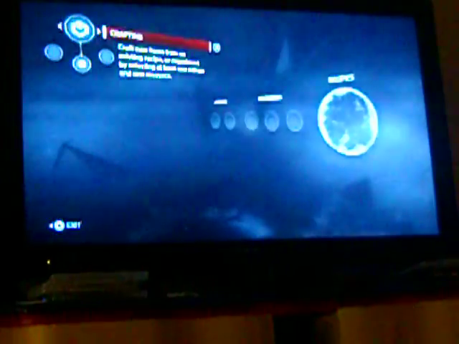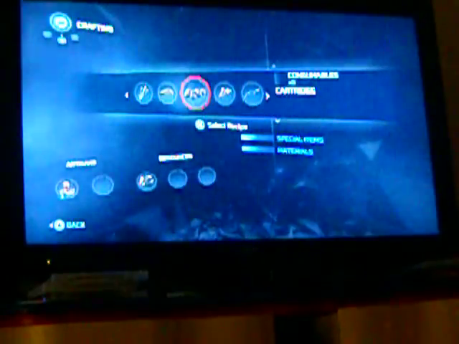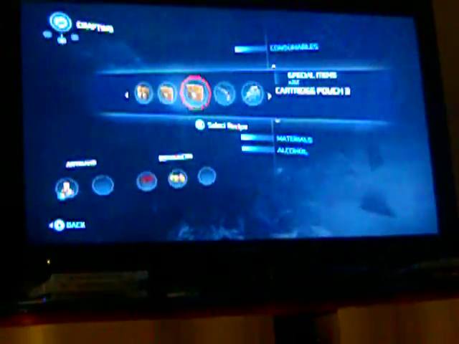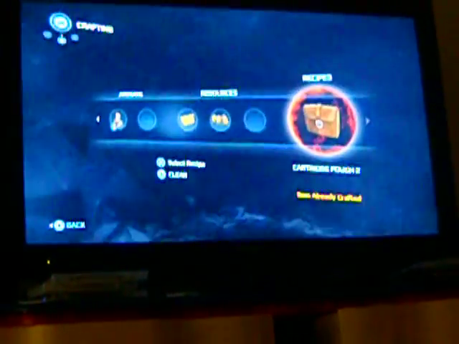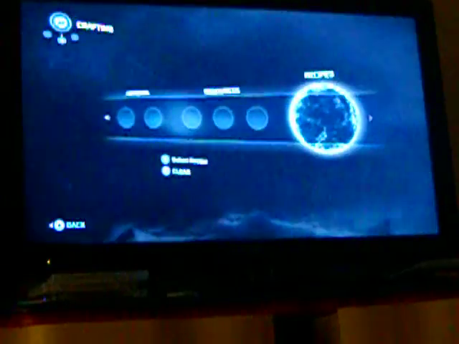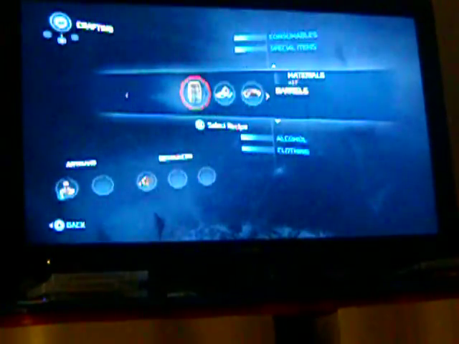Once you unlock all these by doing the manor things, you can get more supplies for things like bait, cartridges, weapons. You can also get a cartridge pouch, more pouches. I've already built them all. You can get the French coat pistol. You can get the replica sword. You can upgrade the